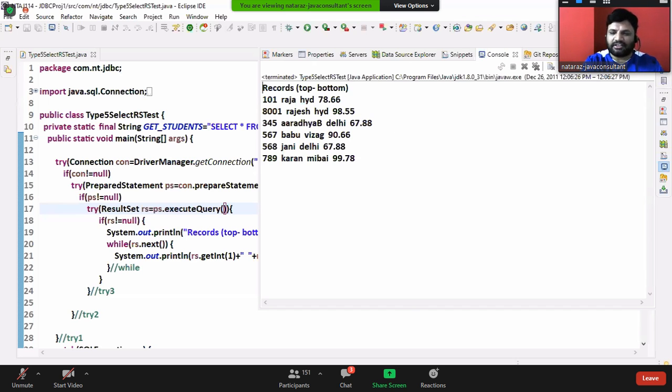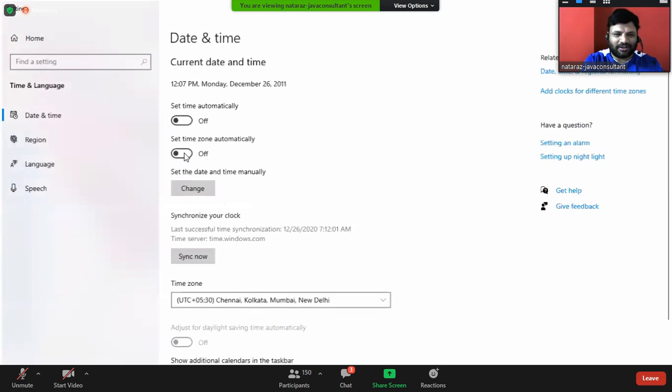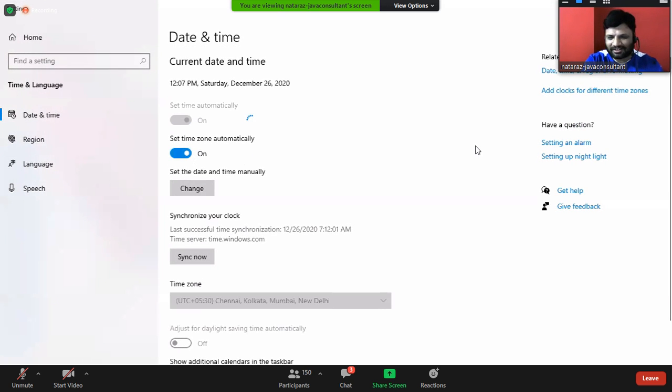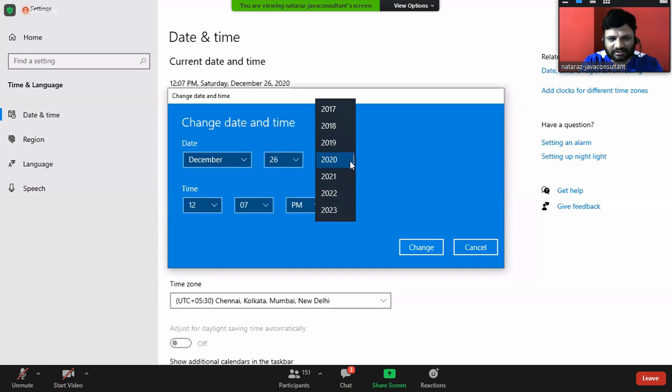Okay, I changed the system date, nothing else. But it's only temporarily, boss. Permanently don't do it. Change it automatically. Yeah, changing the system date. Without knowing the system date, you are surviving in the software industry? I downloaded it in the year 2011 and I have to just set something in 2011. That's it.